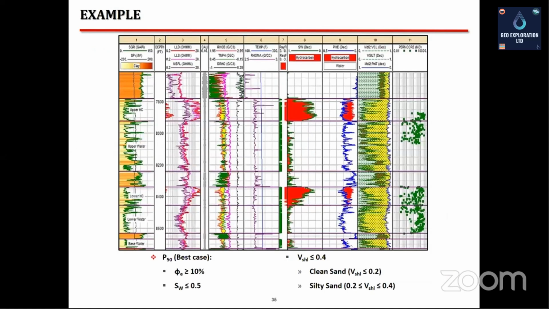I am sharing an example here with you of a well in Western Offshore Basin, India, where caliper, SP, resistivity, density, and neutron logs have been used to delineate the lower and upper hydrocarbon as well as water zones in the formations, determining the fluid type and the fluid contacts, and